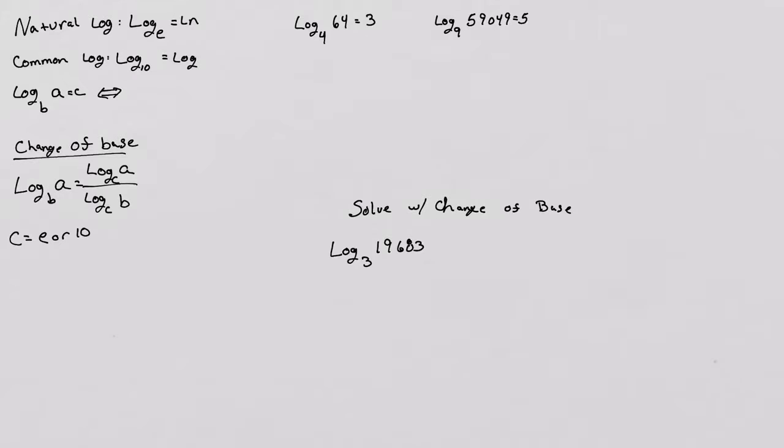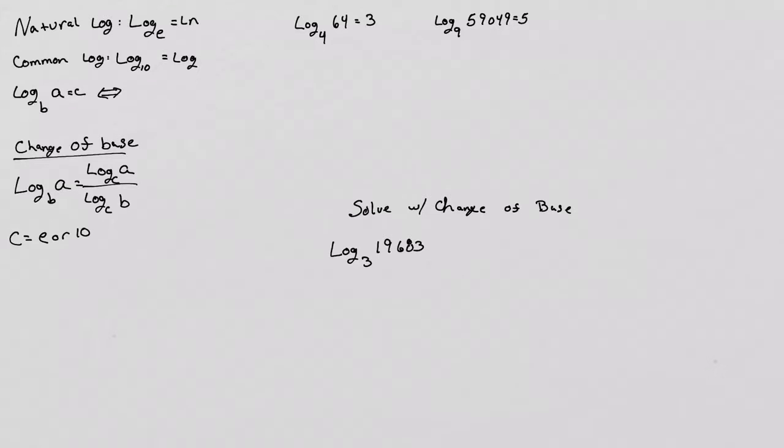All right, guys, so let's go over some pretty basic fundamental ideas you need to know about logs. If you just say, hey, you have a log, you don't know what the base is. So right here, you just have a basic generic log. It's log base b of a equals c. This double arrow is an if and only if statement, which means it has to be a two-way street. So whatever I write over here, this must be true going this way, and this has to be true going